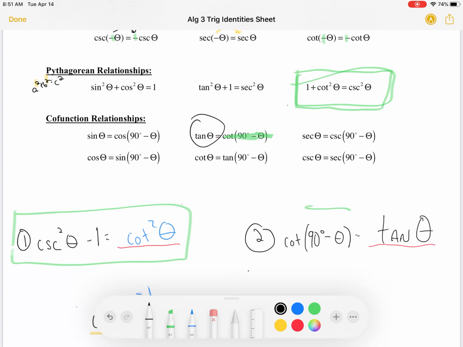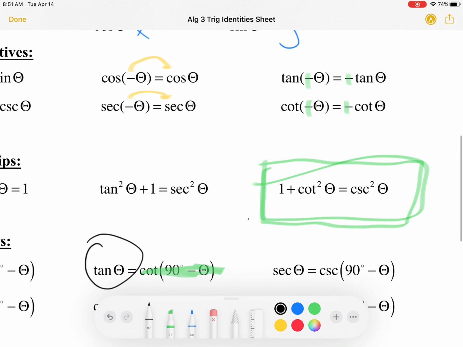Now, some of you may think, well, yeah, no duh, it says it right on my sheet. Why are you making me do this today? Only because in order for you to move forward, you got to be really comfortable with all of these trig functions on your relationship sheet. So today's assignment is going to be kind of simple, some of them. Like some of them are just going to say, what is tangent of negative theta equal to? Well, you're just going to look at your sheet and say, whoa, well, that's equal to this. It should take you not much time. That's the point. I don't want to kill you with work. Should be in and out doing this in like a half hour between watching my video and finishing the sheet.